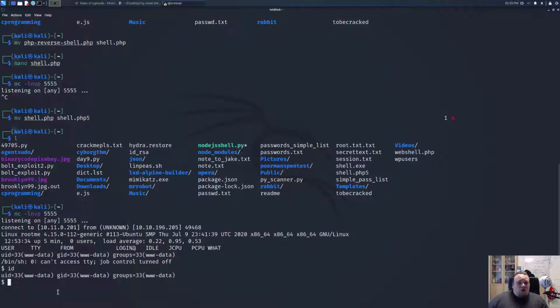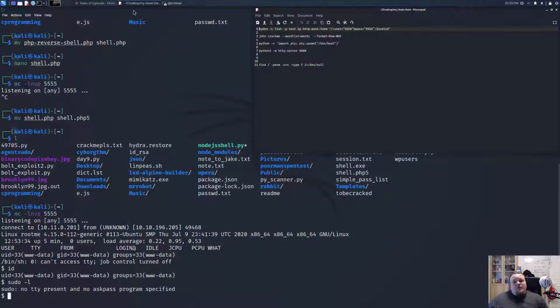Now, first of all, the most typical thing you can do is to try and see the user I have at the moment. Can I execute anything with sudo rights? Now, it's very atypical for you to have any sudo rights as a data user. However, our shell at the moment has no TTY present, which basically means that we don't have any good upgraded